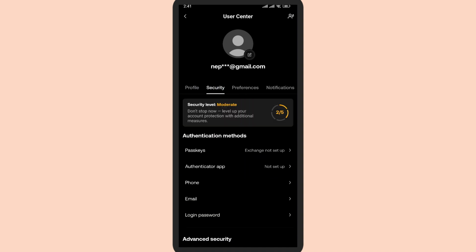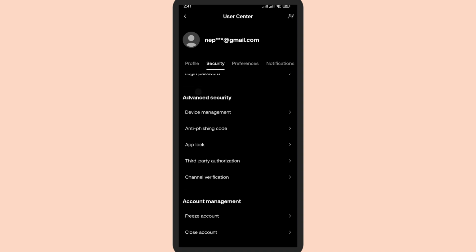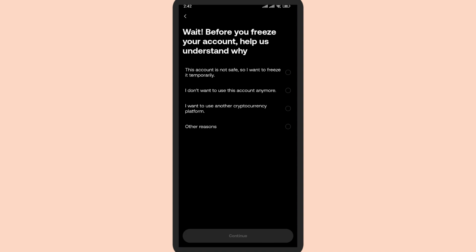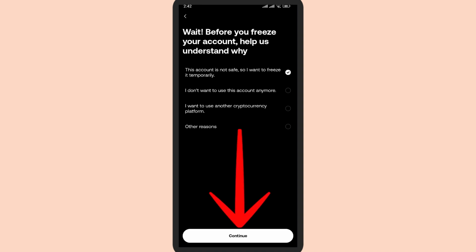So if you slowly scroll down, here you'll be able to see the option called freeze account. Tap on freeze account. Now make sure that you want to freeze your account. Here you'll not be able to access your account for a long time. So tap on the reason and simply tap on continue. So this will completely freeze your account and you won't be able to have any